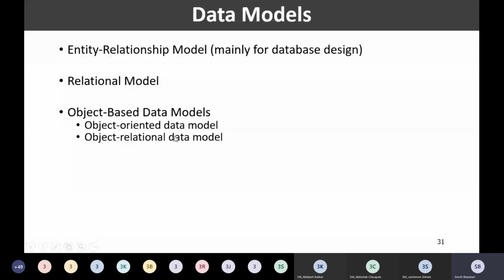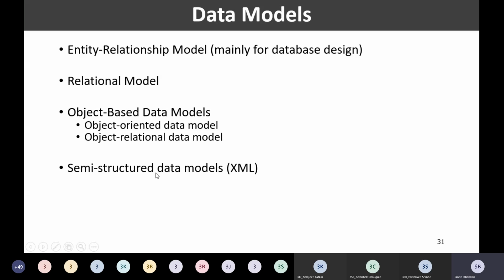But in this course we are not going to deal with object based data models, right? In advanced database engineering you will be focusing upon these kinds of models. This is our preliminary course of database engineering, and that is why we are going to discuss the first two models, the entity relationship model and the relational model, in this course.